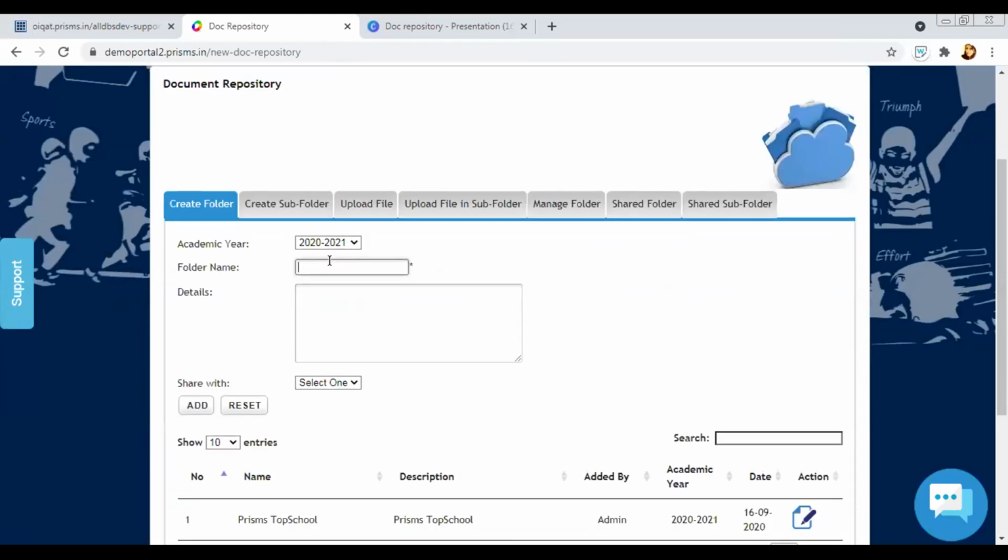Then enter the folder name that you're creating. It can be for various purposes. You can share documents, it can be circulars, it can be notes, it can have various different uses depending upon the school's requirement. So let's say I'm creating class notes.